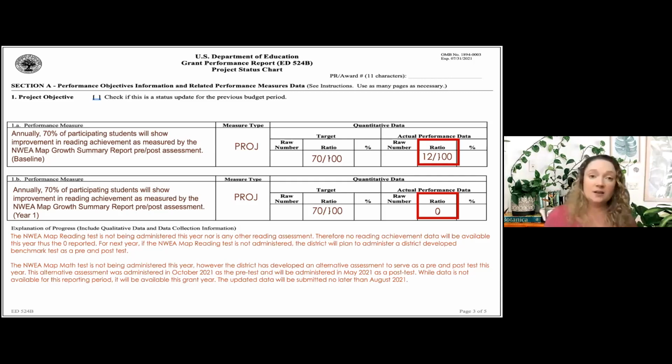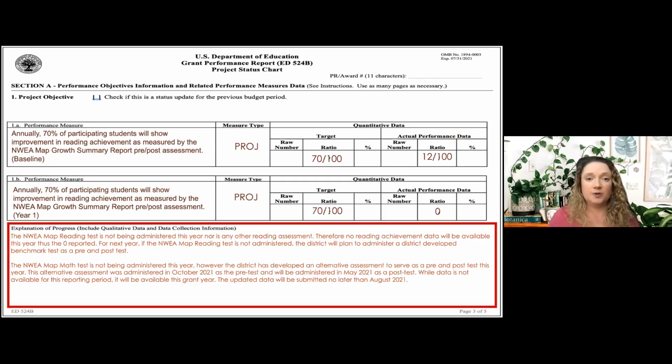If you're not going to be giving any kind of reading assessment and you have no way to report on this for this project year, it's a 0. Same thing if you're not serving any students this year because your whole year is a planning period, that's okay. Put a 0. And that's all going to be all right. Then make sure to include, again, a good explanation of progress for that data.